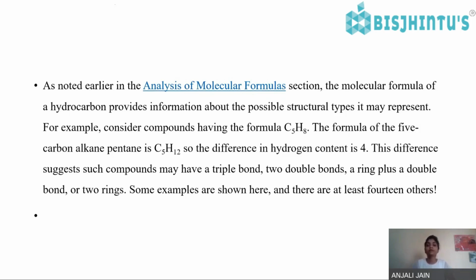So the difference suggests such compounds may have a triple bond, two double bonds, a ring plus a double bond, or two rings. So, this is for alkyne. The alkane pentane is C5H12. So, like this,